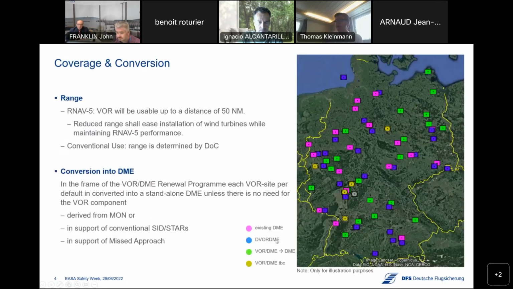Here, the last slide. See here the infrastructure in Germany, where we can see in green the locations where we now have a VOR/DME and will convert to a DME only. And I think we are here in line with the expectations of ICAO. You can also see the existing DME infrastructure. Here in yellow, we have the optional cases which have to be calculated